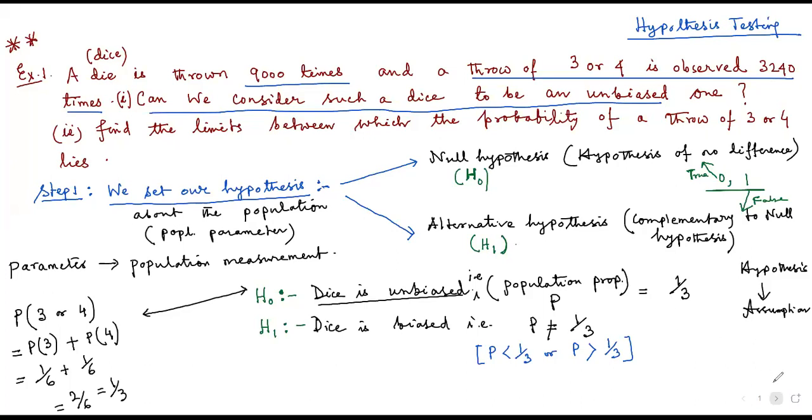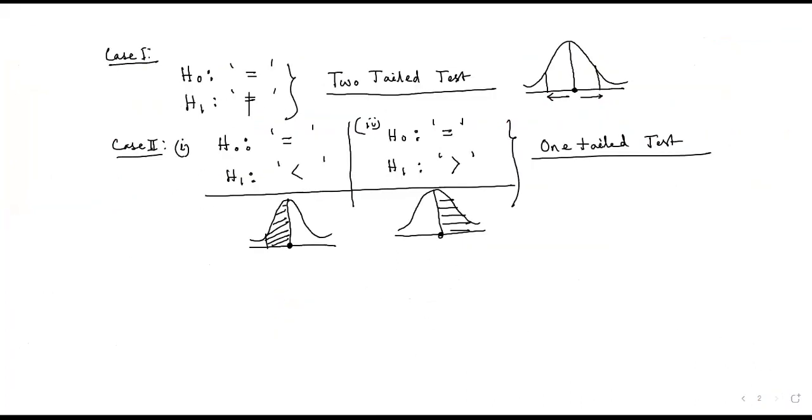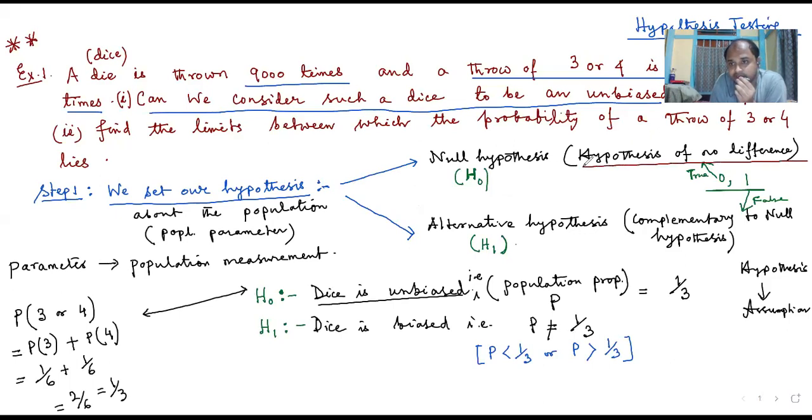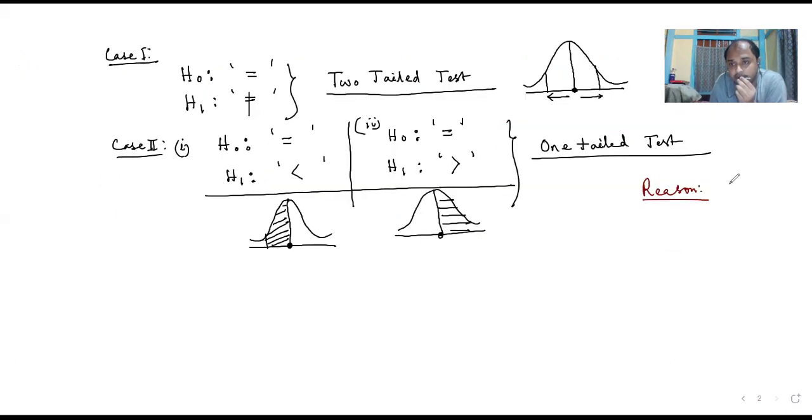Once you make this judgment, I'm actually going to tell you about why we always consider the equality sign in the null hypothesis. You can ask me this question, that can I reverse the scenario? Can I consider the not equal symbol in the null hypothesis and equality symbol in the alternative hypothesis? Or here, can we interchange the position of these two symbols? The answer is no, you cannot do so. The reason for doing this is, since you have considered the null hypothesis as the hypothesis of no difference, and this is the definition of null hypothesis, so we want to test